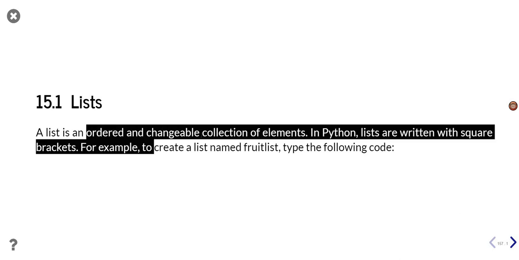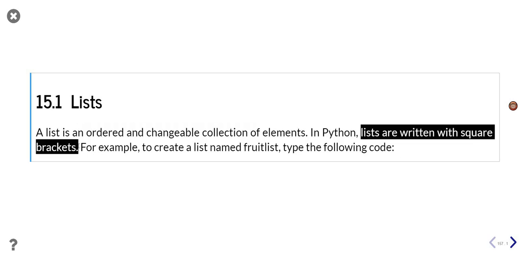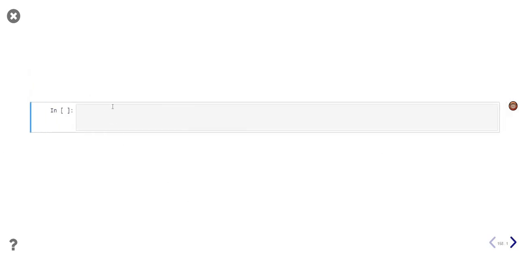So list is ordered and changeable collection of elements. So in Python, lists are written with a square bracket. So we have actually used this before, but we use a square bracket. So whenever you see square bracket, you should know that this is a list. So let's say, put fruit list, for example. You can give whatever name, and if you use square bracket,